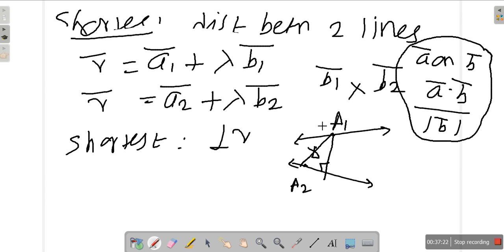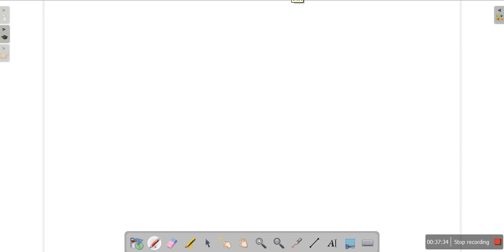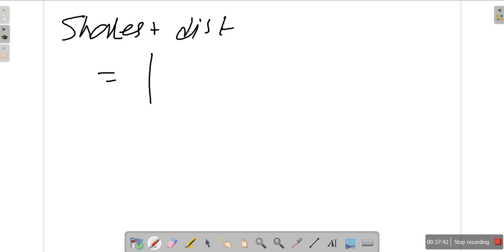So now we want to find projection of a2 minus a1, that is a1 a2 along b1 cross b2. So what will be the shortest distance? If you are not able to understand, just memorize the formula. That is the best thing to do for CET. So the shortest distance is given by a2 bar minus a1 bar